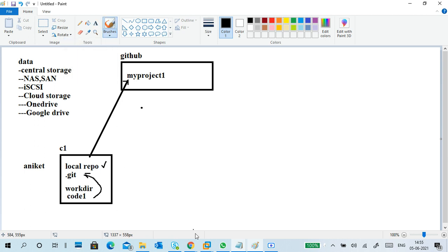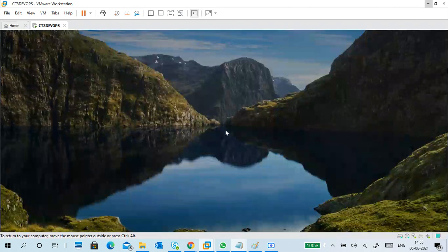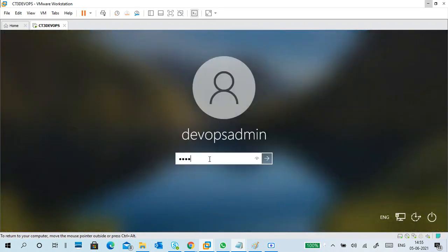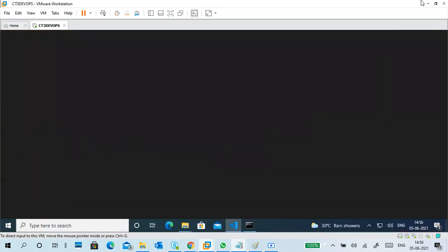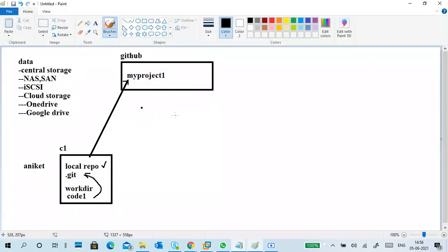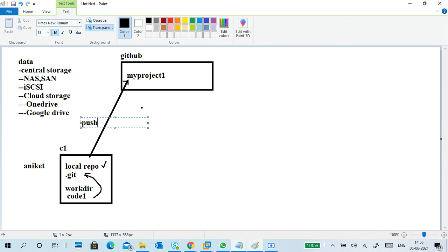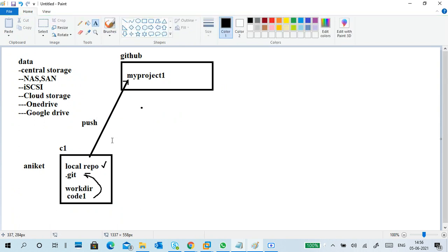Like this we can push this configuration. Like login, okay, so you have to push it. Like this you can push the configuration. You push the configuration, completed.